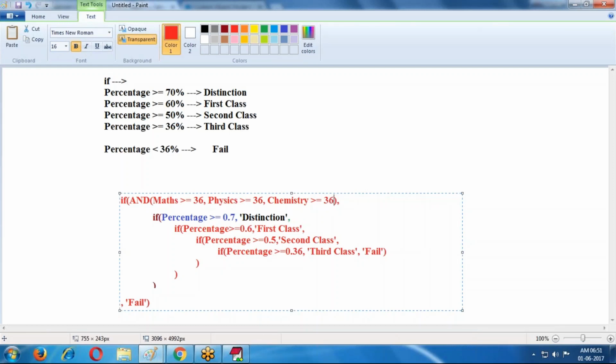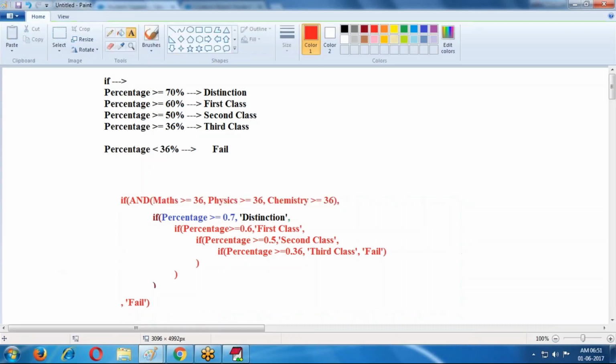If every subject's marks are greater than or equal to 36, then only this condition is true. AND condition is true means the IF condition is true, then it executes this value. If the condition is false, then it executes Fail. This is the extra logic we are applying.